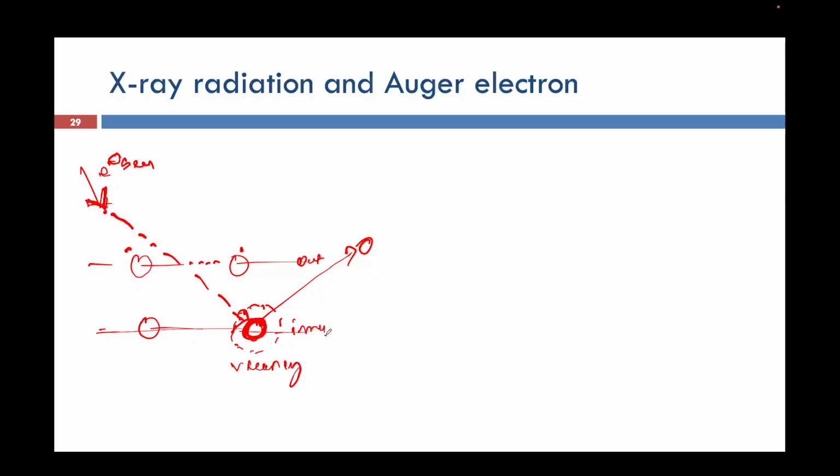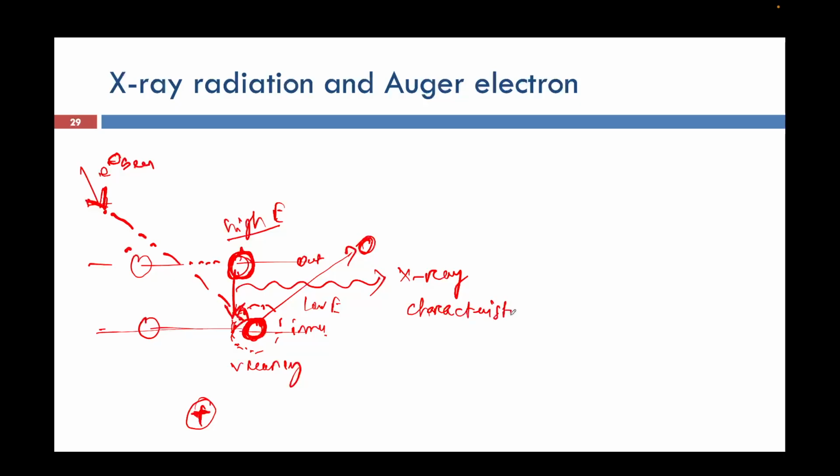Since this is the inner shell electron, it is more closely bound to the atom. Since there is a vacancy and this is an outer shell electron, it will immediately fall in to fill this vacancy. Since its energy is high, it comes down to the inner shell energy to fill the vacancy created by the inner shell electron. This is high energy, this is low energy. Since it goes from high energy to low energy to fill the vacancy, there will be some kind of radiation coming. This radiation is X-ray